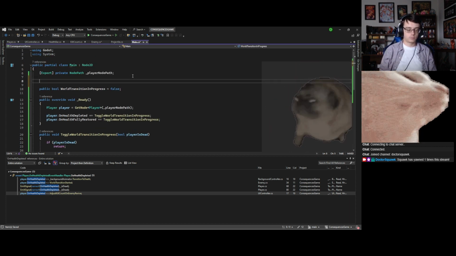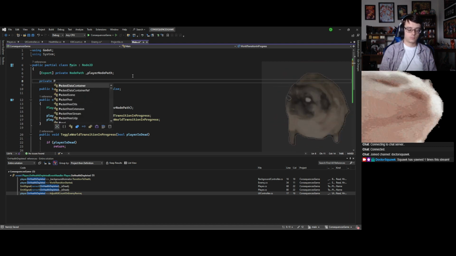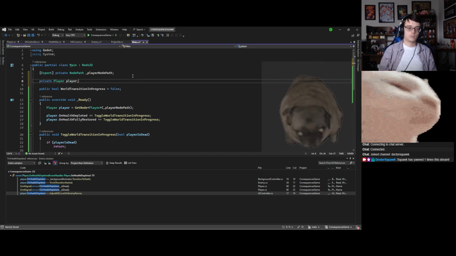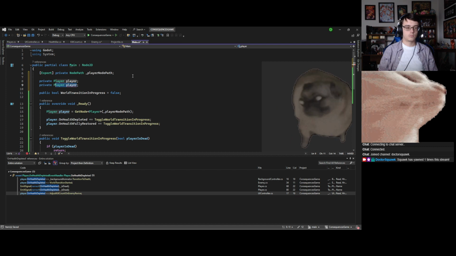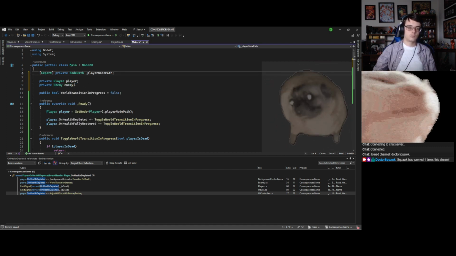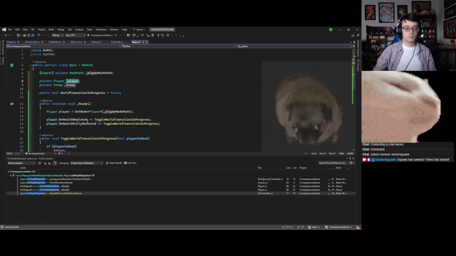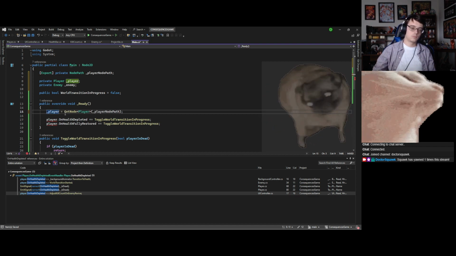What is the difference between those lines? I don't know. Okay. Those are the same.